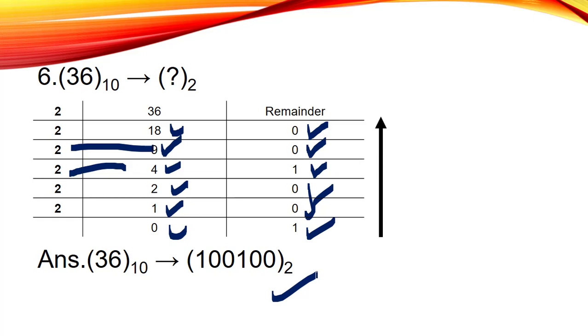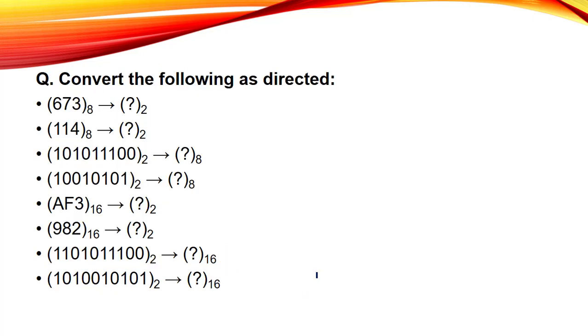Now we have to move to our second worksheet, in which we have to solve some questions of octal to binary and binary to octal. Out of these 8 questions, today we have to solve only the first 2, whereas the remaining 6 questions are again homework for you all. In our next class, we will discuss these questions. Along with that, we will also have a revision of our first chapter. Now let's see what we have to do here.